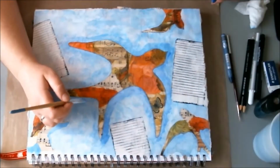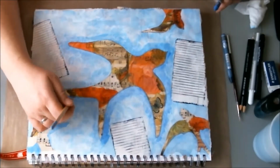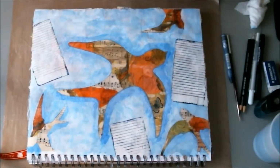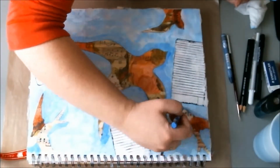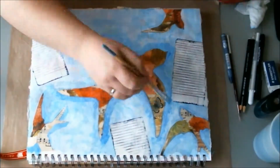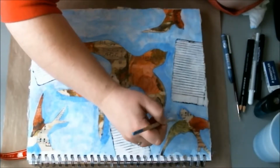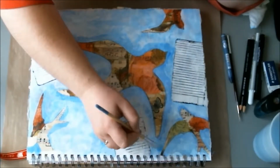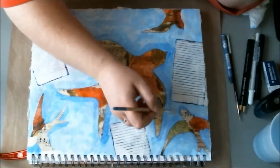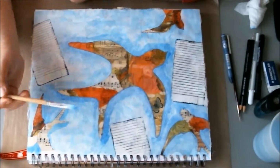And at this point, I did something weird where I was like, okay, I'm going to do the shadow. And then when I looked at it, I was like, I didn't do shadow at all. So then I thought, well, I'm not really at the point of shadow anyways. I needed to lay in this darker blue around the entire bird anyhow to emphasize the line work of the bird. So then I went back in, just made sure I went around all the birds, made sure there was a little bit of cohesion throughout the whole piece,